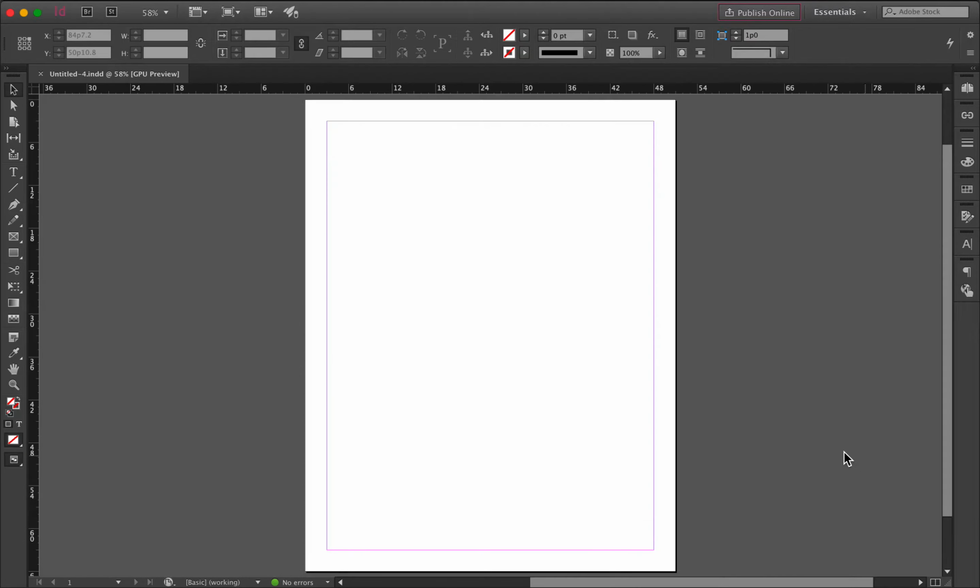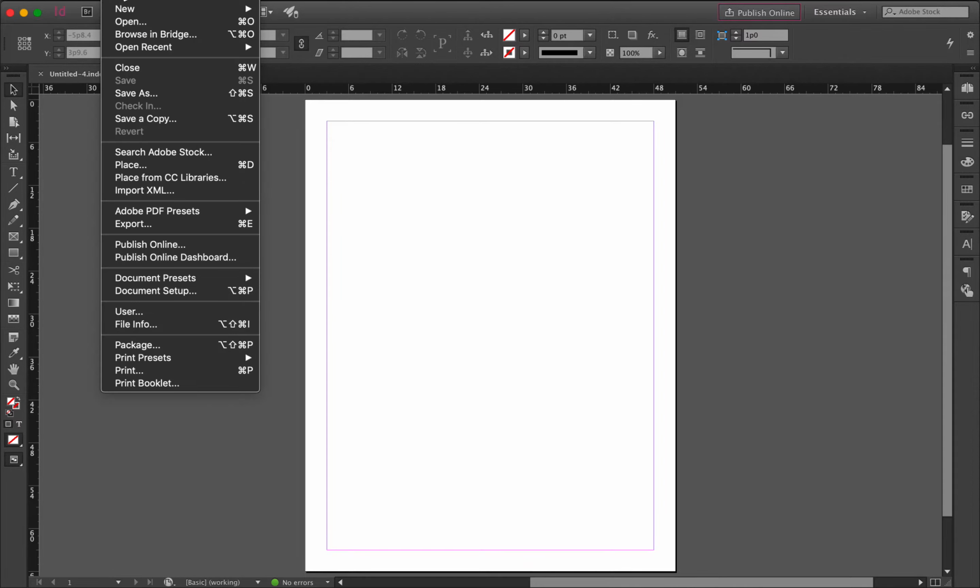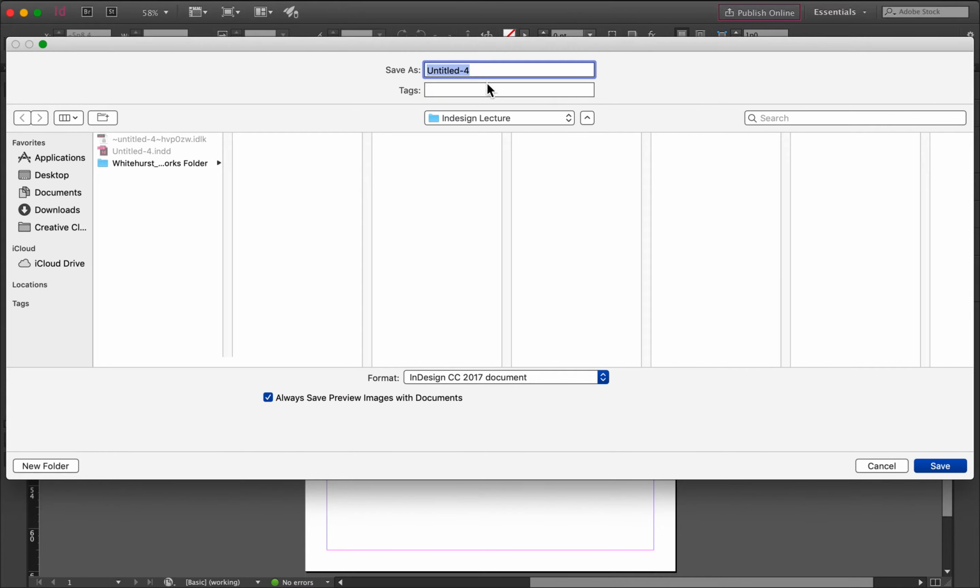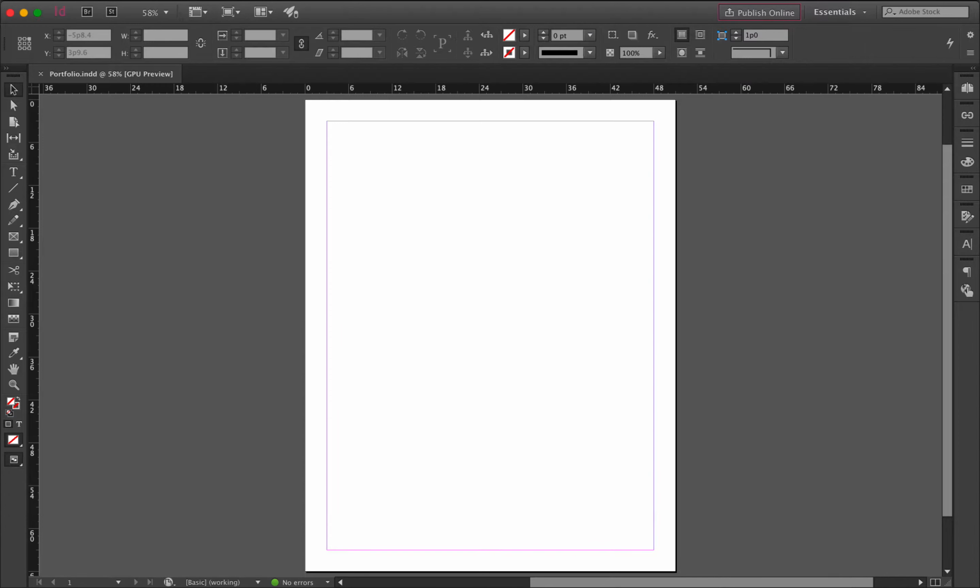So I'm going to hit save. And if I want to change the name, I would type in portfolio and hit save. So now I have my portfolio saved, and just to give you a quick walkthrough of InDesign,